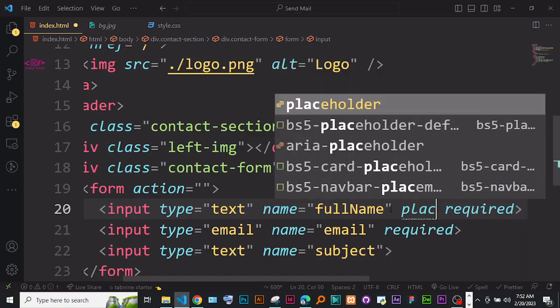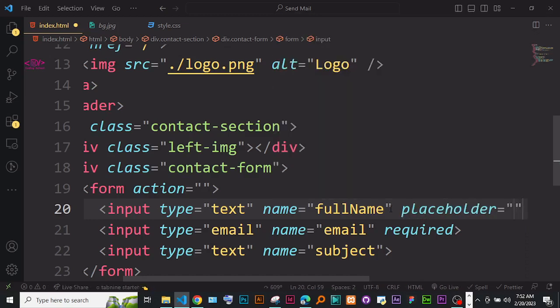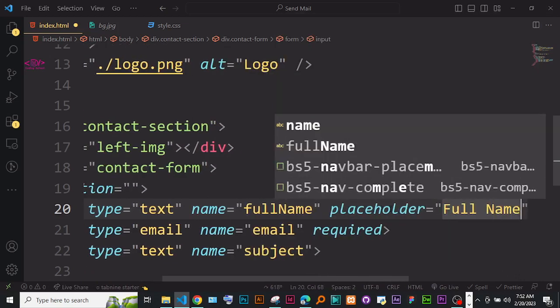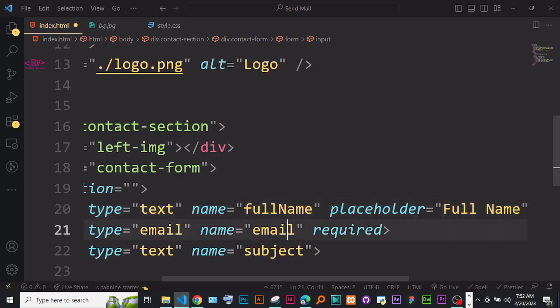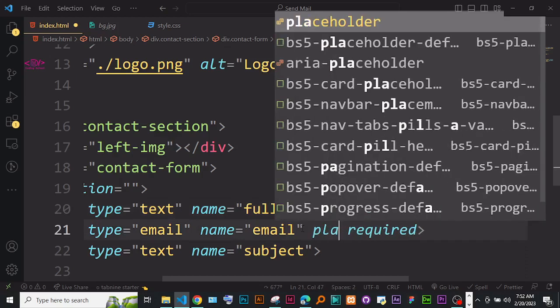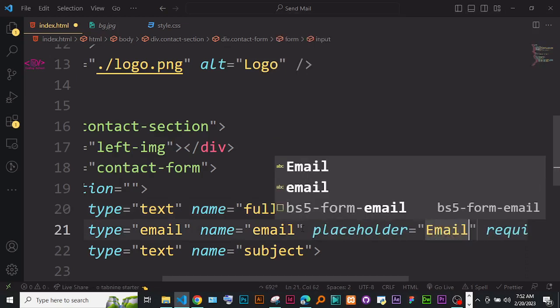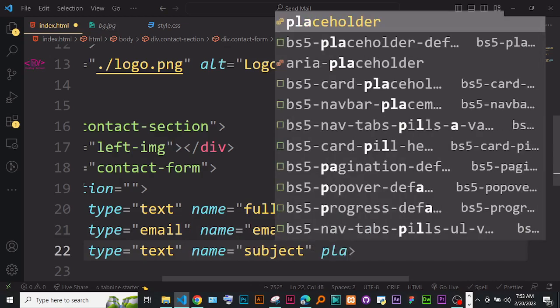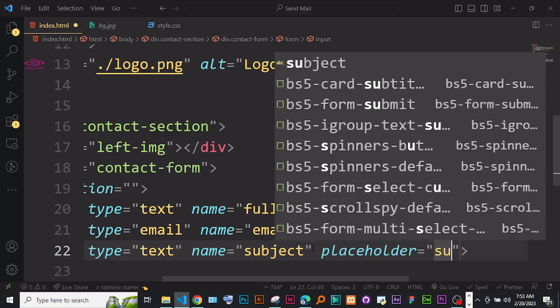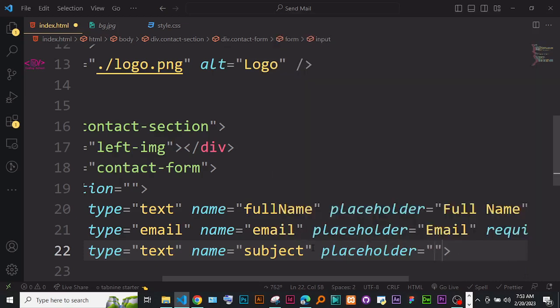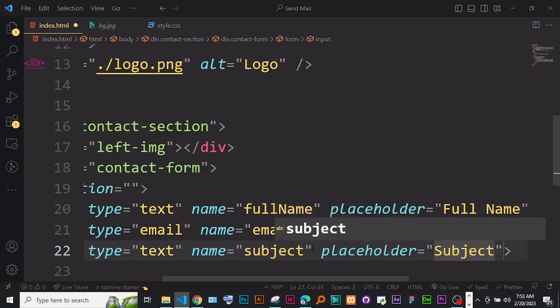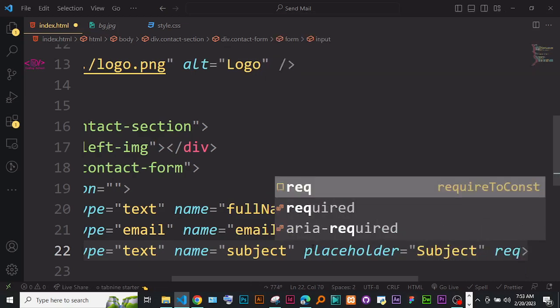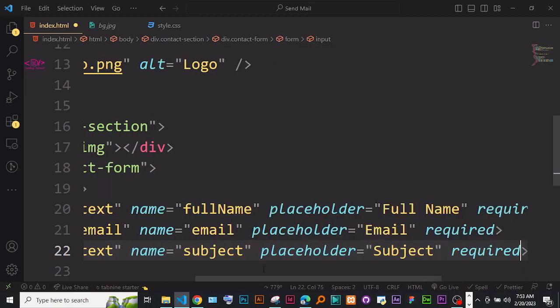So add a space and add a placeholder, and here for instance you could just say full name, and then here on the placeholder let's say email, and last but not least, let's add placeholder, and here you just add subject. Okay, and then we also add required,